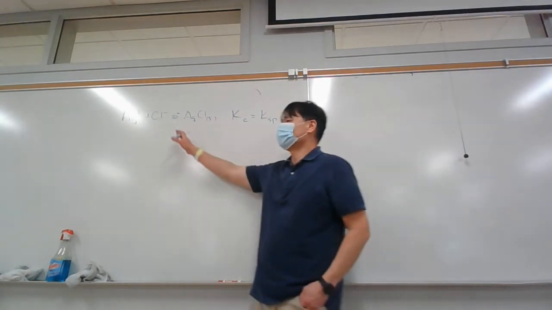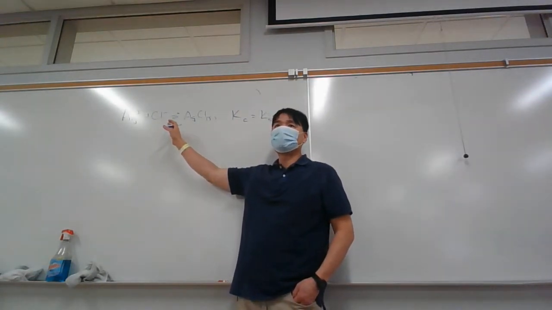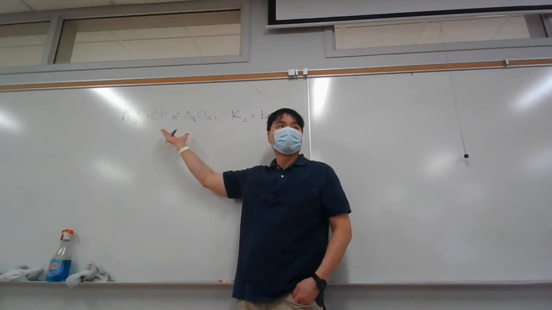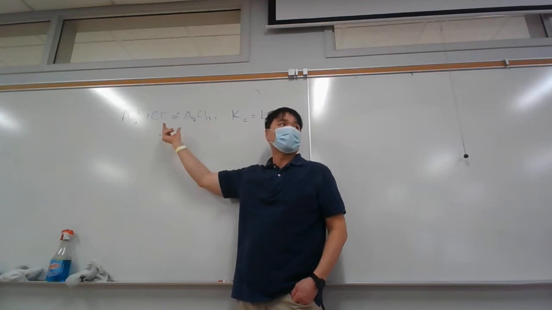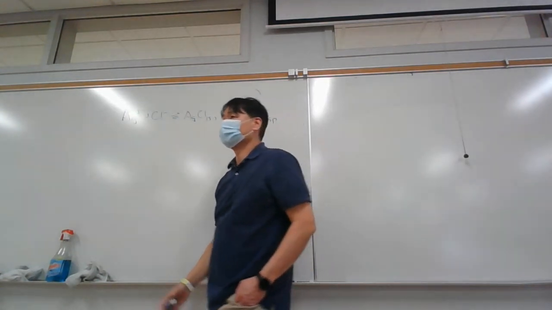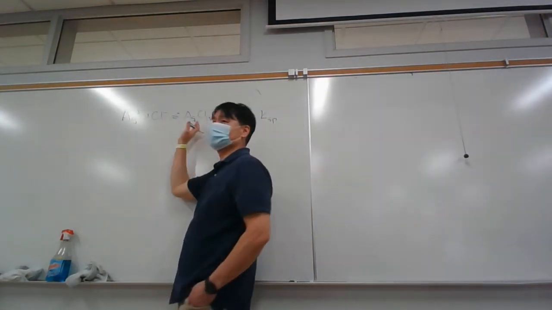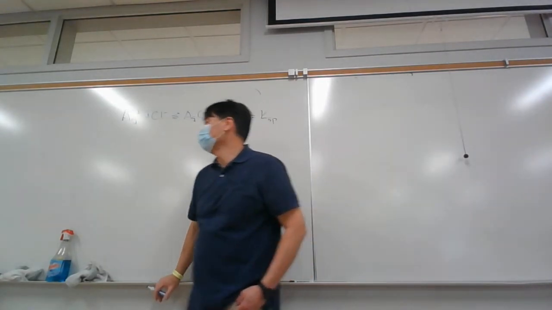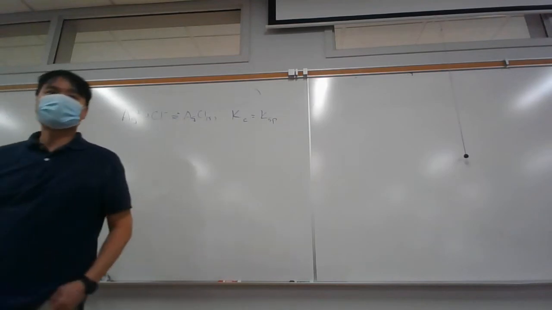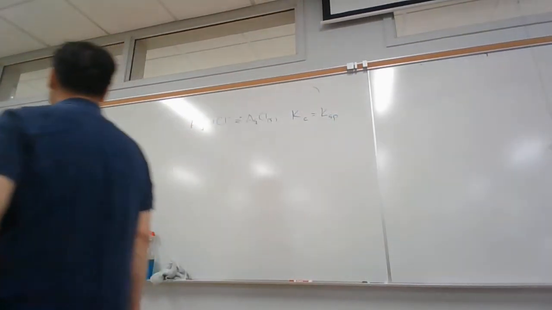So there are different ways we could shift this. We could shift this right by adding more what? We could shift it right by adding more silver or more chloride. And that usually works. For example, if I want more precipitate, I'll just add more chloride. However, it doesn't always work, because there are side reactions that occur. So, for example, this one,